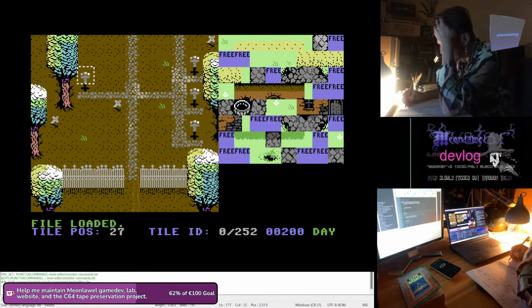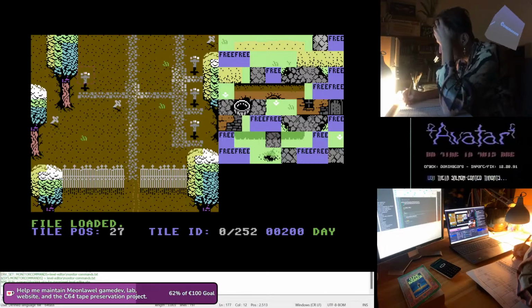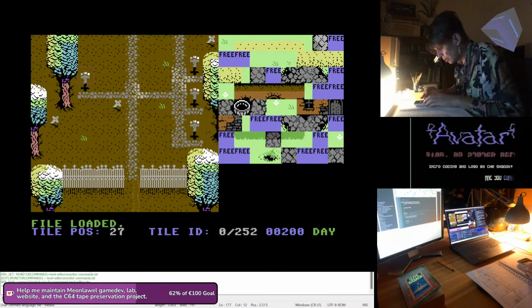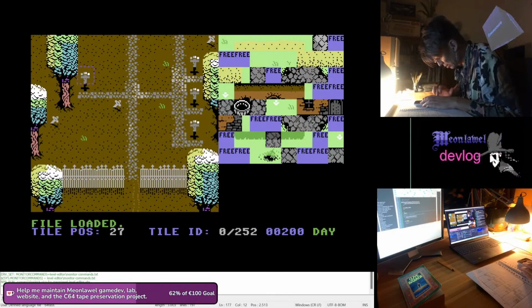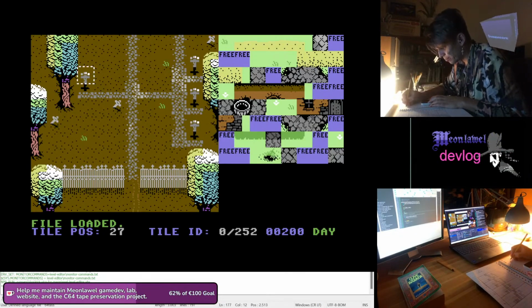So at position 27 I have tile ID 252. So 27 in hex will be 1B